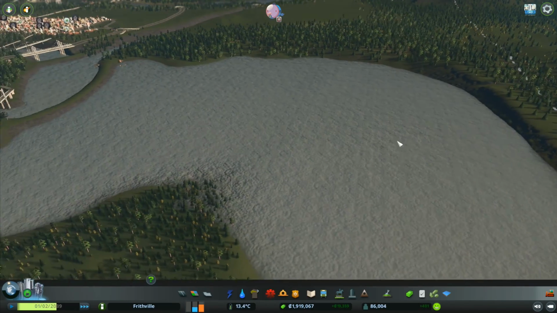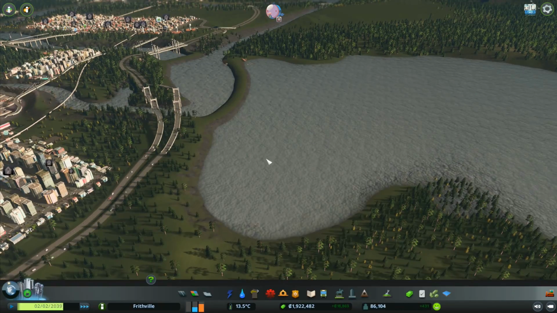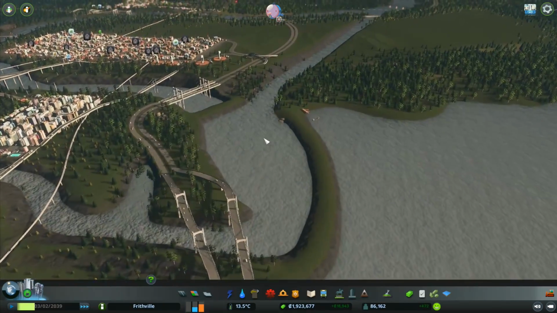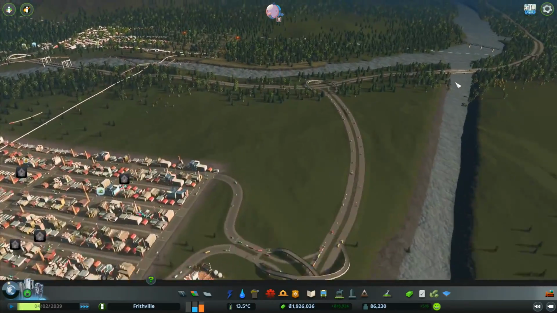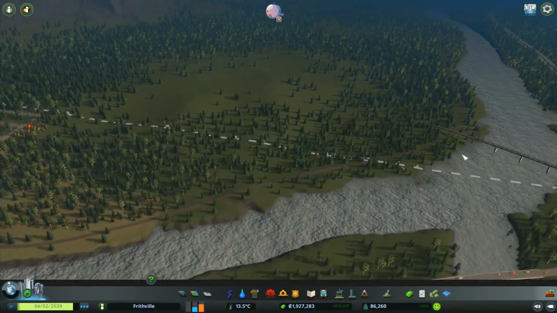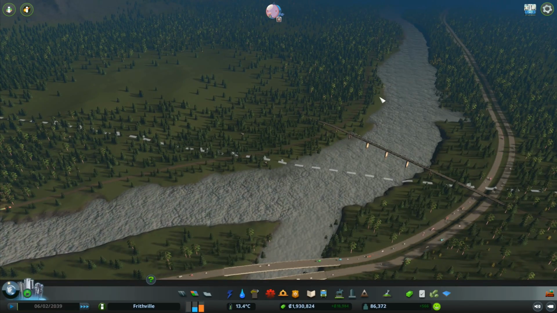It's busy pumping out a load of water, so we've got the source up there, which means that down here, this is now starting to rise, which in turn is going to flood over this bit, and it's going to flood the surrounding landscapes. So what we're going to need to... If we can open this up a bit...